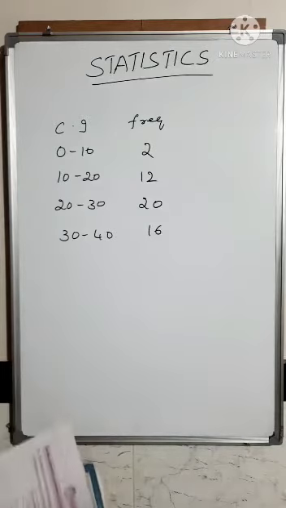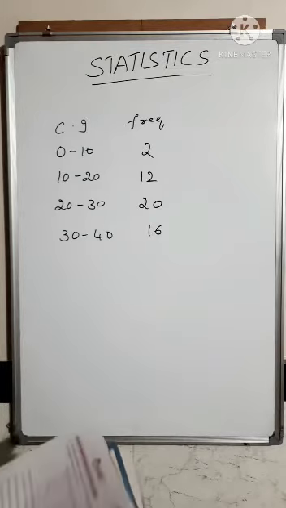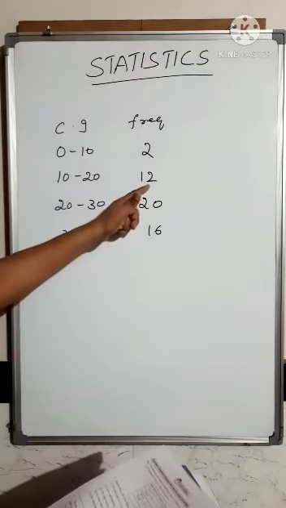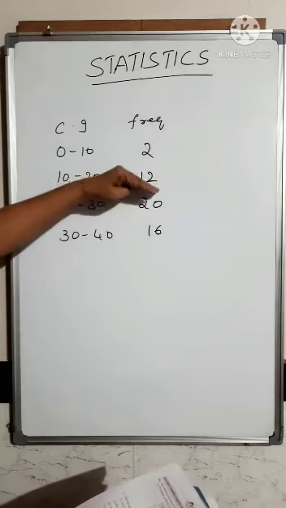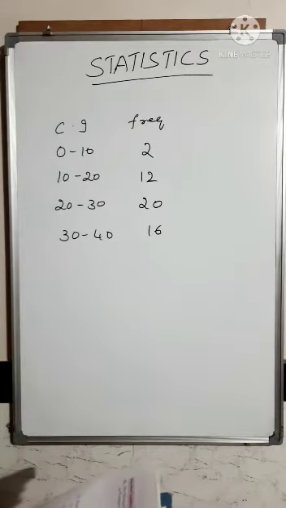So according to the definition of cumulative frequency, which is given on page 120, the sum of the frequencies of a certain class and all the frequencies of the previous class is called a cumulative frequency less than the upper class limit. So if you are considering this class, the frequency of this class and all the frequencies which are less than this, you call it a cumulative frequency of less than type.